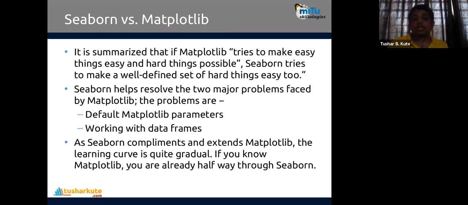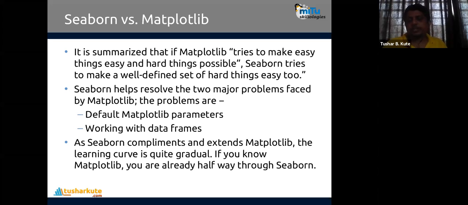And second, working with data frames. Almost every function or visualization in Seaborn works well with a data frame. You pass a parameter saying I am going to take this data from this data frame, and it will take the data from the data frame and visualize it accordingly. So these two advantages are there: Matplotlib parameters can be used by default in Seaborn, and it works specially on the data frame. Here also I'll show a few data frames, not imported from an external source. Internally, Seaborn already contains some data frames. I'll explain that first, and then we will use it in the visualization.